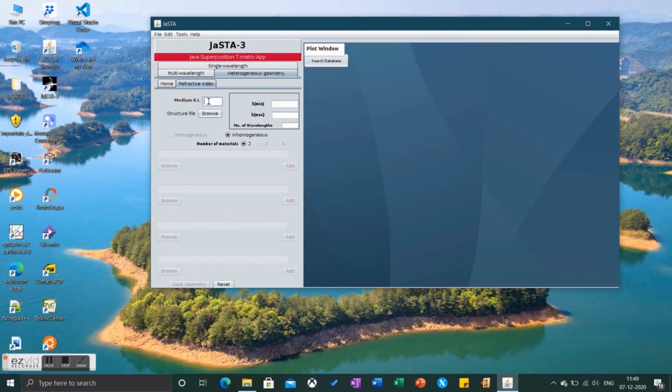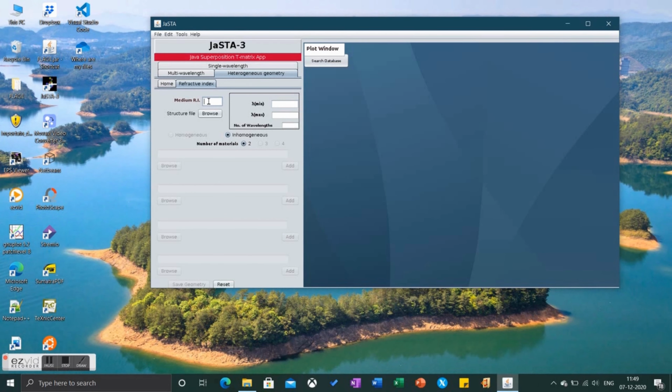To understand the difference between random orientation and fixed orientation, let us select two saved data from the compare window, having the same input parameters, but one is randomly oriented while the other has fixed orientation. Add the selected data and click the plot button. From the graph, one can easily understand how the random orientation calculations differ from those in the case of fixed orientation calculations.